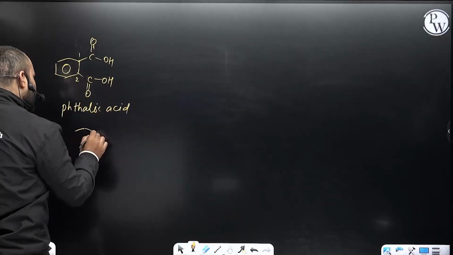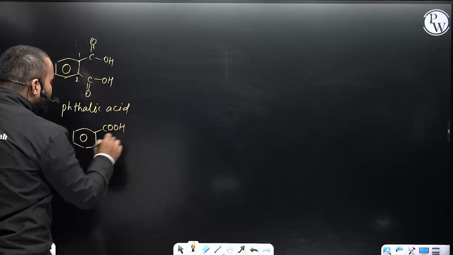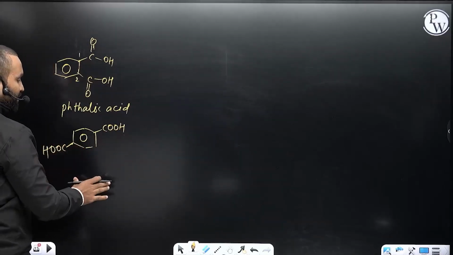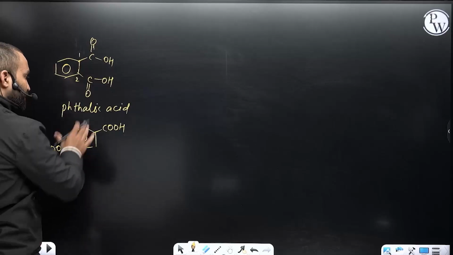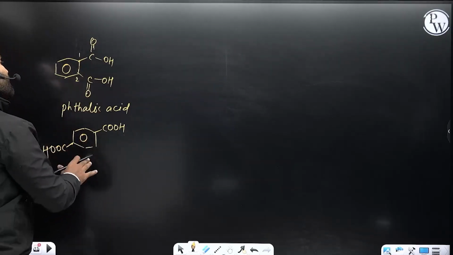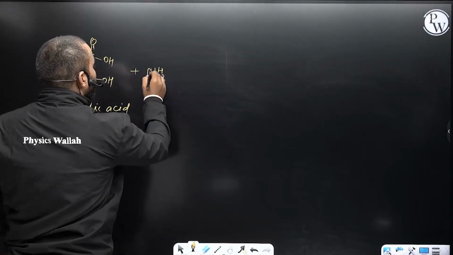Suppose I have 2 carboxylic groups present para to each other. This is known as terephthalic acid. Remember, that's the difference, terephthalic acid. These two are isomers, but they are different molecules. They have different reactivity. Reacting it with ammonia